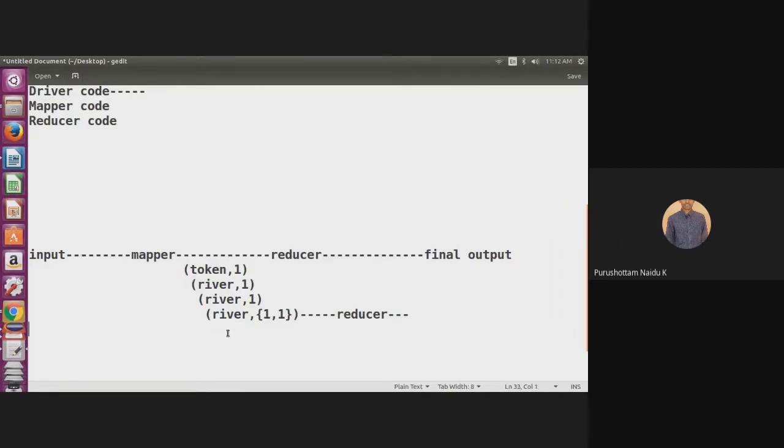Now in this reducer, river is called the key, and the set is called the value. The key contained in the reducer input is text. The value contained in the reducer input is a set of integer values.